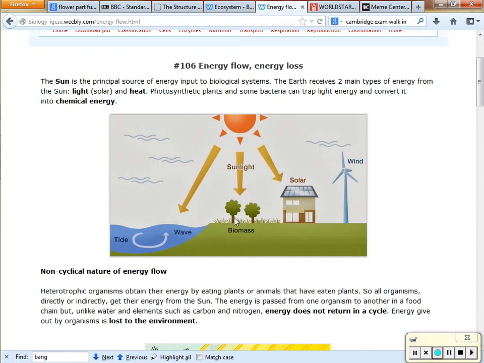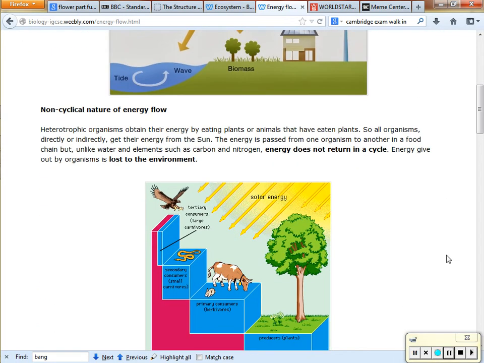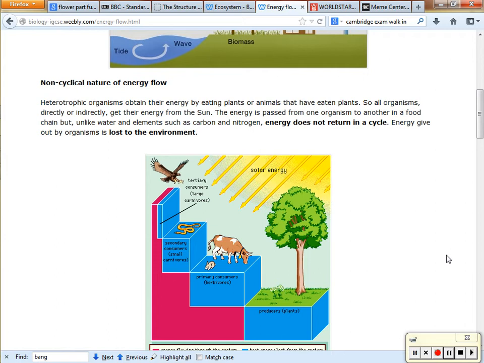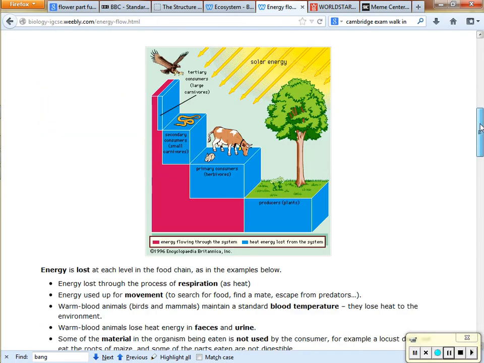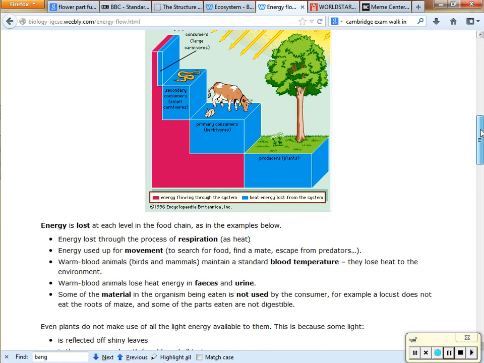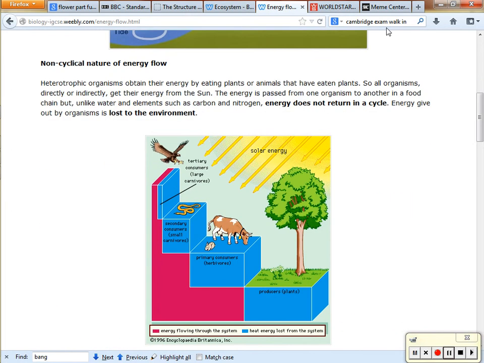Okay, it gets into our energy system through thermal transfer or through photosynthesis. All right. Now, unlike the other cycles, the energy doesn't go in a cycle. It doesn't go in a circle. It doesn't come back to its original point in a biological cycle, okay? So energy comes from the sun, and then it starts to get lost immediately. There's less and less and less through each stage of the cycle.